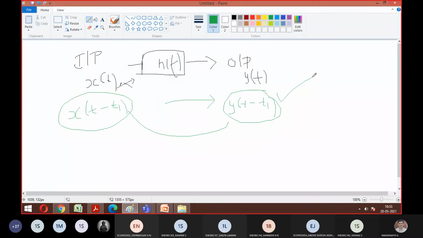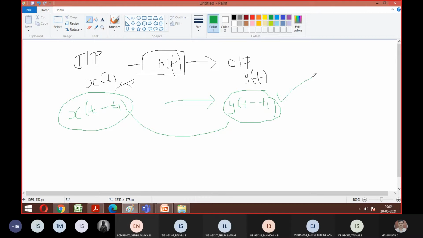Everyone got what I said? Yes, sir. So I hope you got a clear difference between time variant system and time invariant system. Variant means it is fixed, we can't change, like days in a week, months in a year, and seasons, what I told. But in a time invariant system, if there is a slight change in the input, there will obviously be a slight change in the output, what we expect. Such a system is what you're going to learn in this LTI system.